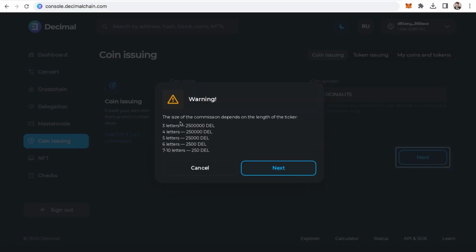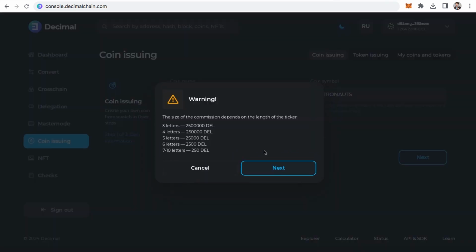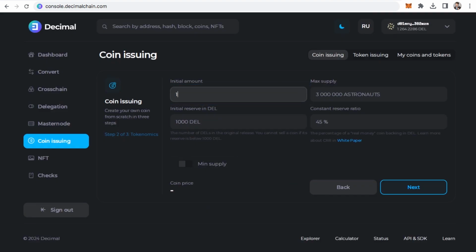It will show you what price you need to pay to create your currency, depending on how many letters you use as symbols. As I chose the word astronauts, which has 10 letters, I need to pay 250 DEL tokens. Click next. Now you need to inform the issuance quantity your coin will have at the beginning, and what